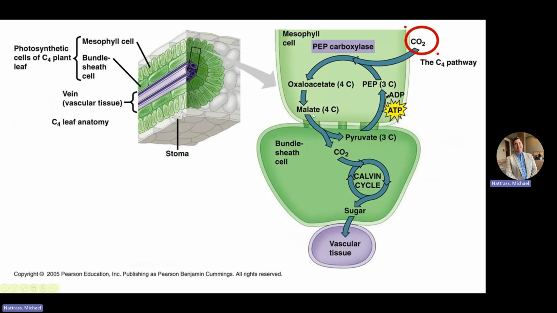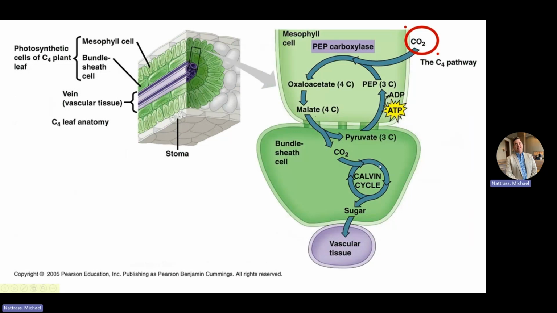Into malate, the malate gives off the carbon dioxide, and pyruvate, or this 3C, goes back into the mesophyll cells. This carbon dioxide will then be a part of the Calvin cycle. This is going back to step 1, which is carbon fixation,